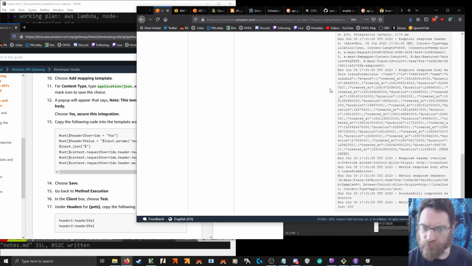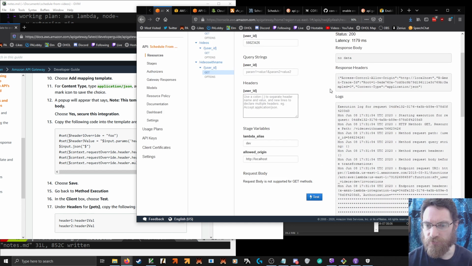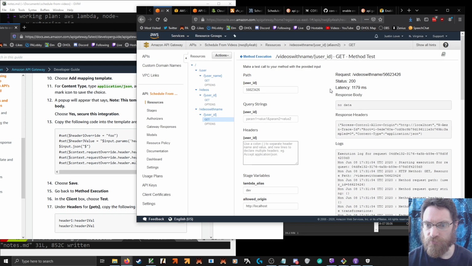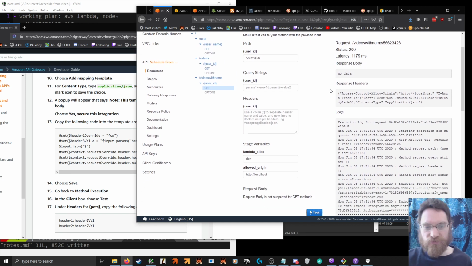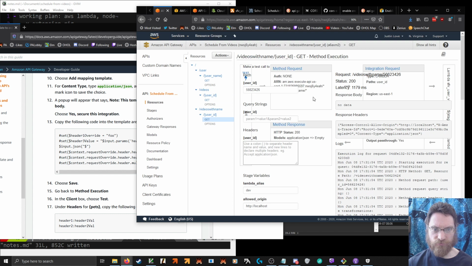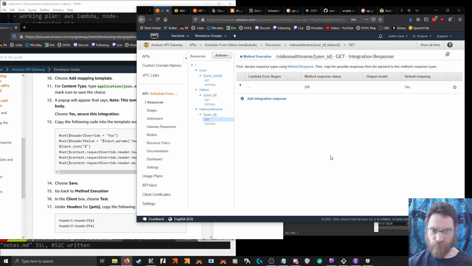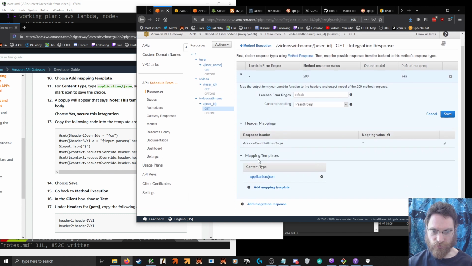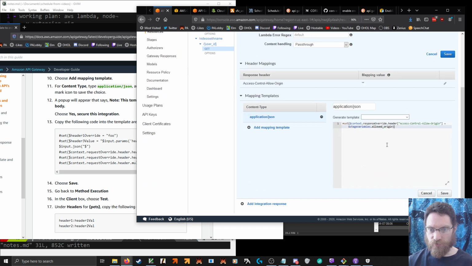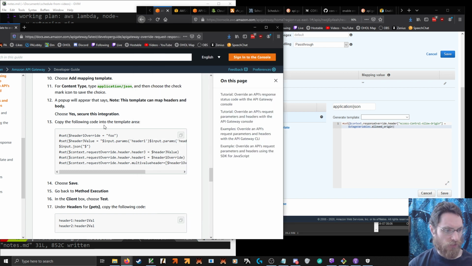Response body before transformation. Wait. Response body no data. Okay, so we do have to do some stuff with the input, or with the actual data. He was probably doing the options request. So now we need to know how to pass this through unmodified.